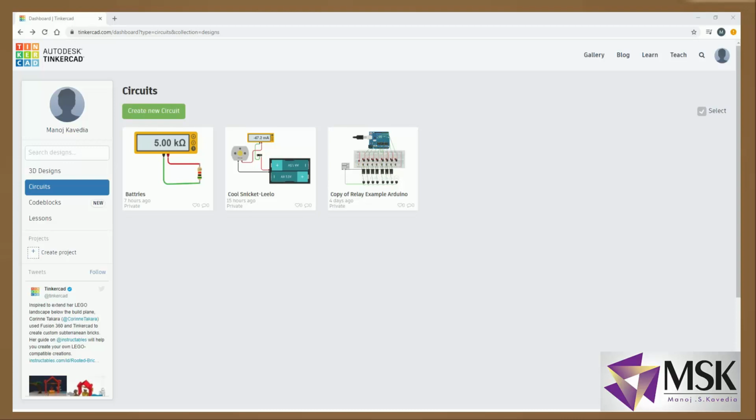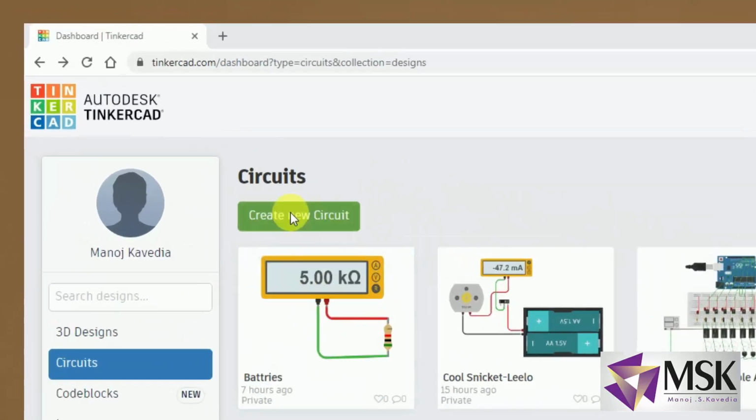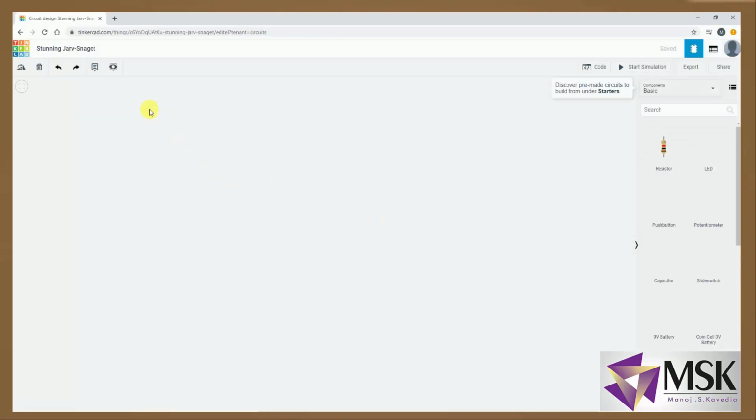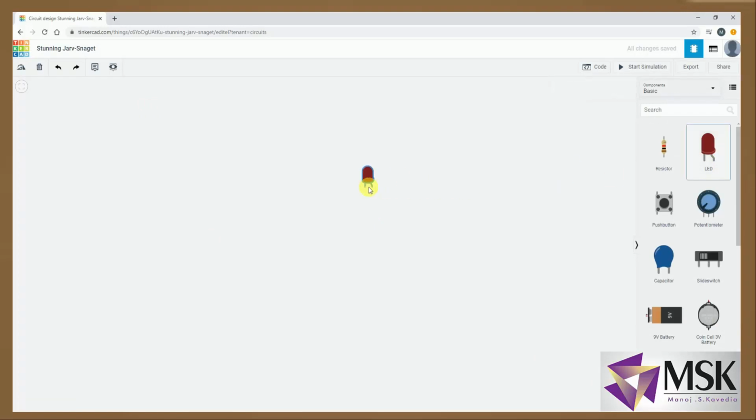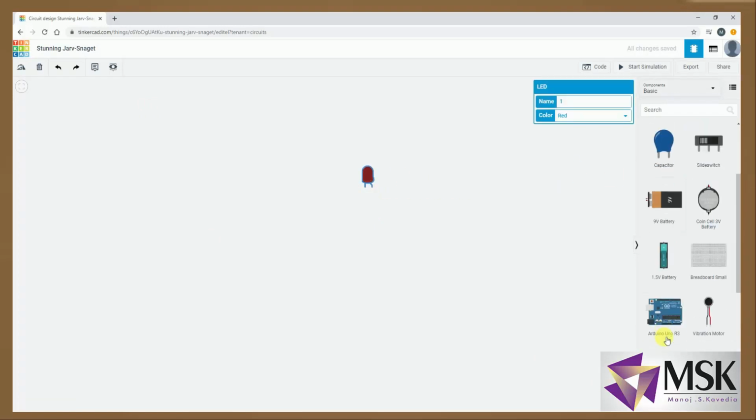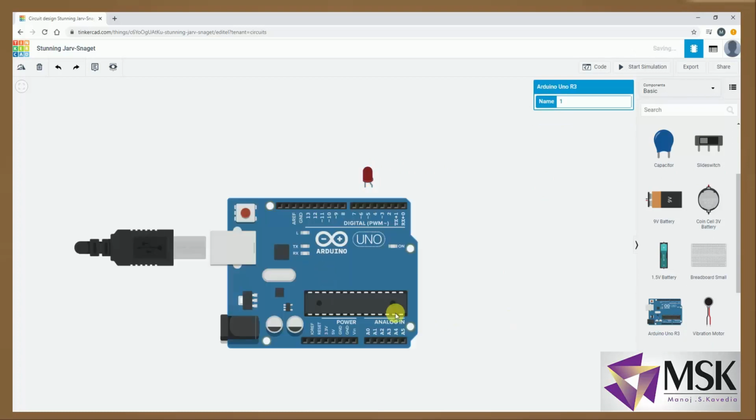So I'll start with a new circuit. In this I'll take one LED. I'll take Arduino. And now let's do the connection.